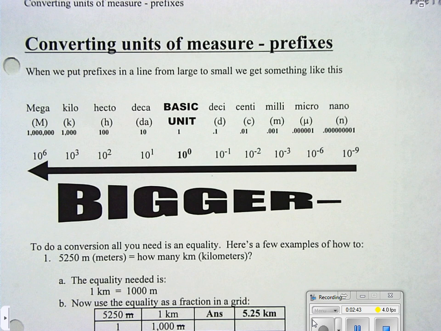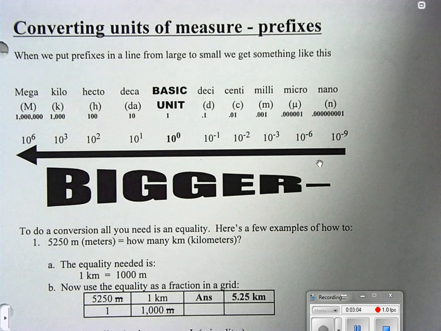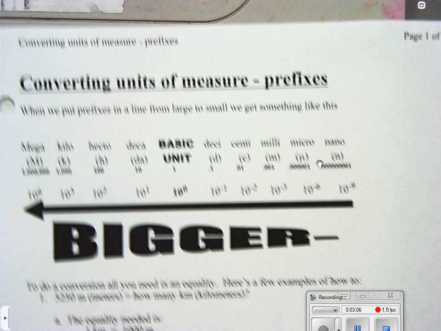So 0.00000, yeah, 5 zeros and then a 1. That indicates that we are using this guy right here. Okay, so micro is our answer,